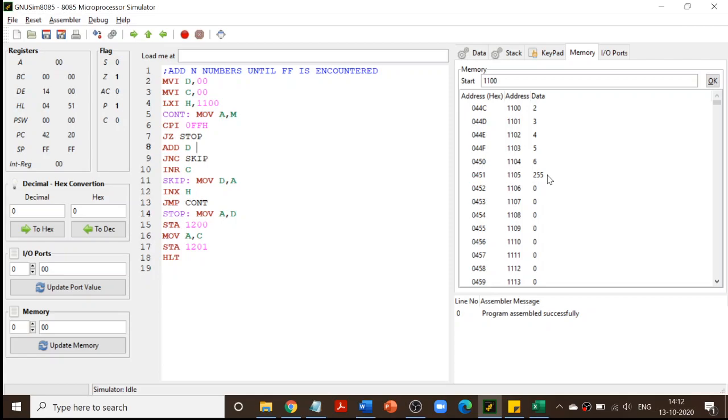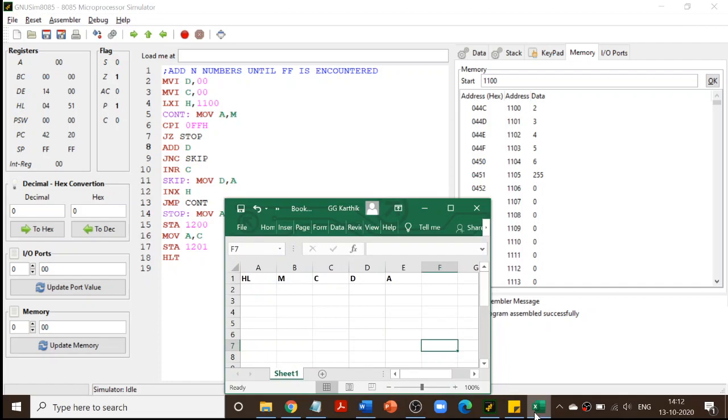Okay, so let us see how the program is going to work. First line, MVI D, 0. So we are going to initialize two registers C and D, and make them 0, because when you repeatedly execute the same program, there are chances that an old value keeps adding to it. In order to avoid that, I am going to first initialize registers C and D to 0. Then LXI H, 1100, so the HL register pair holds 1100.